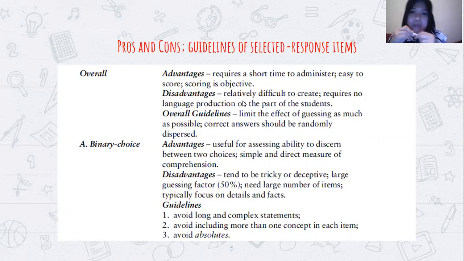Because the answers to the questions are available in choices. It is usually in the form of, if it is multiple choice, A, B, C, and D, so that the examiner will find it easier to score, and it usually has only one single correct answer. So it requires a short time to